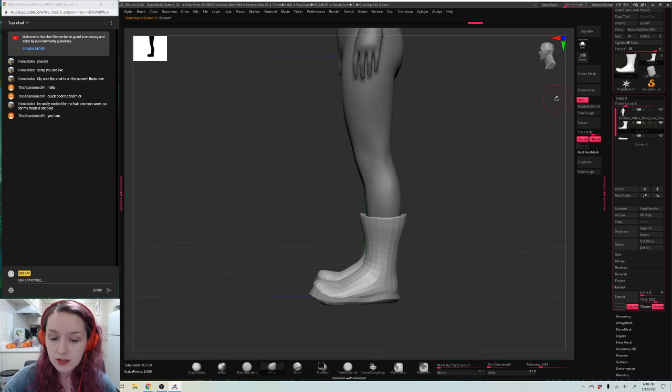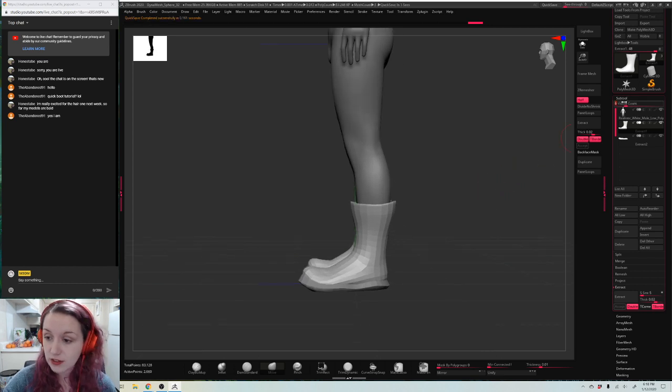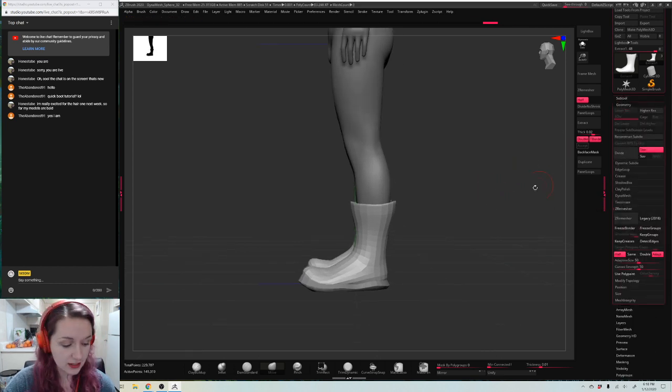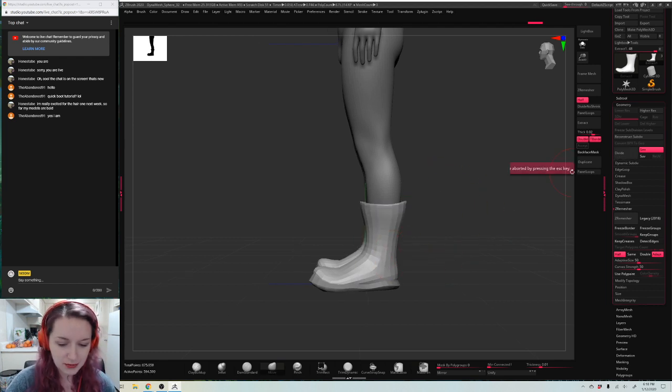And then the biggest thing with shoes, the more construction lines that you show, the better it's going to look. So when you want to start adding detail to it, go to Geometry, divide a bunch of times, but not too many times. Am I on the right thing? It's not smoothing out. It's just being weird. Anyway,